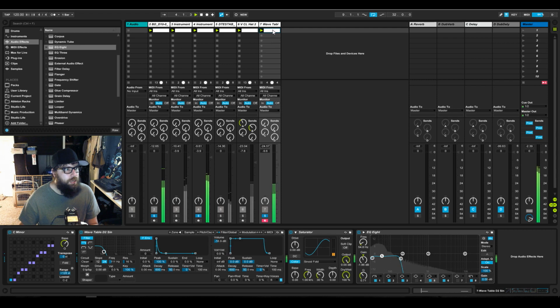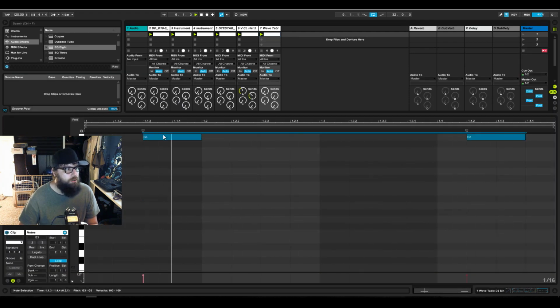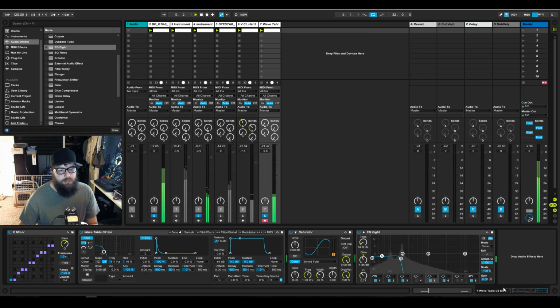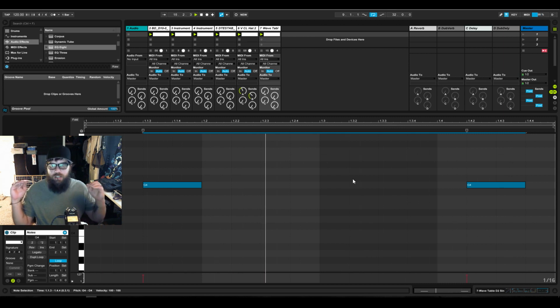A lot of times what I do is I know what it's gonna sound like at a lower pitch, like how it's gonna just gel in. So what I'll do a lot of times is I put it at a higher pitch so I can hear it easier. Because really the bass and kick, I just want them to kiss.